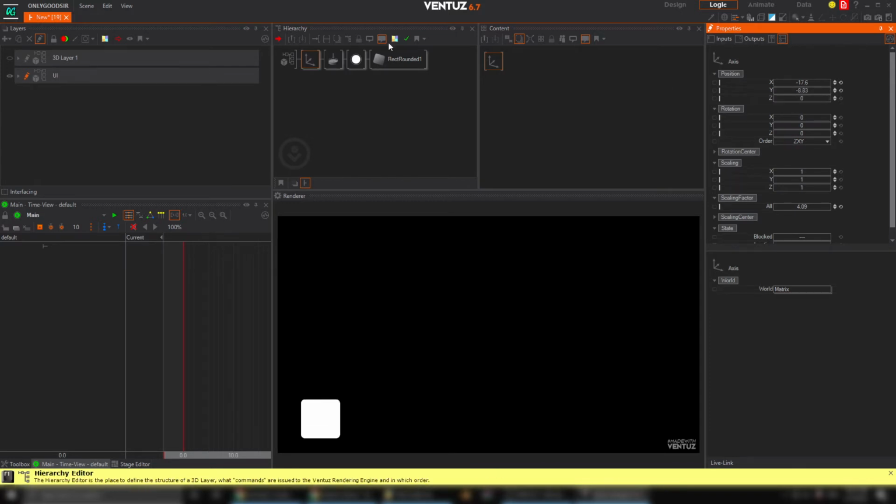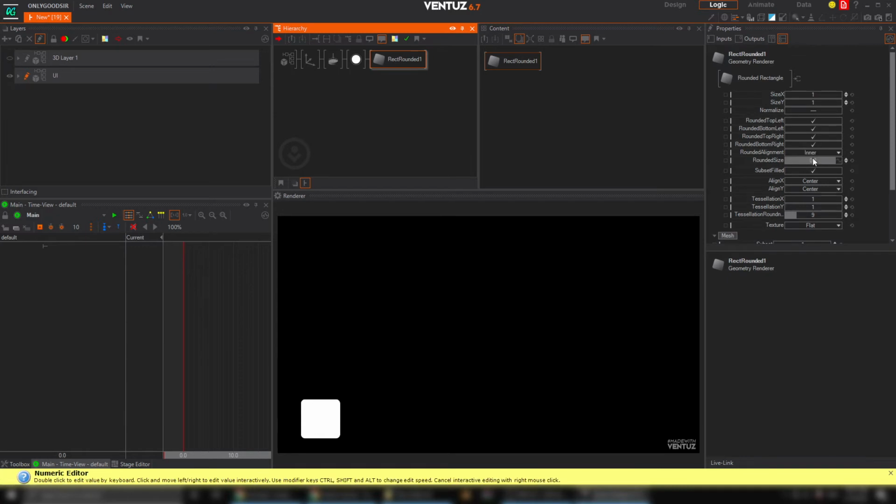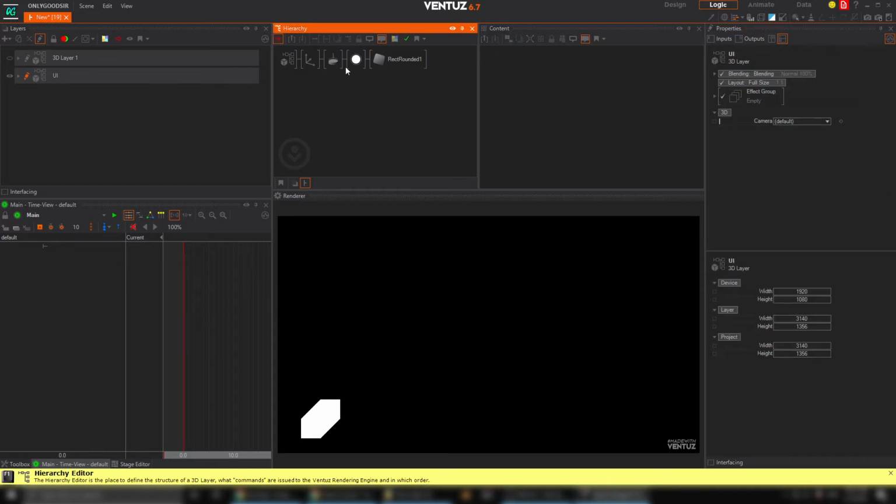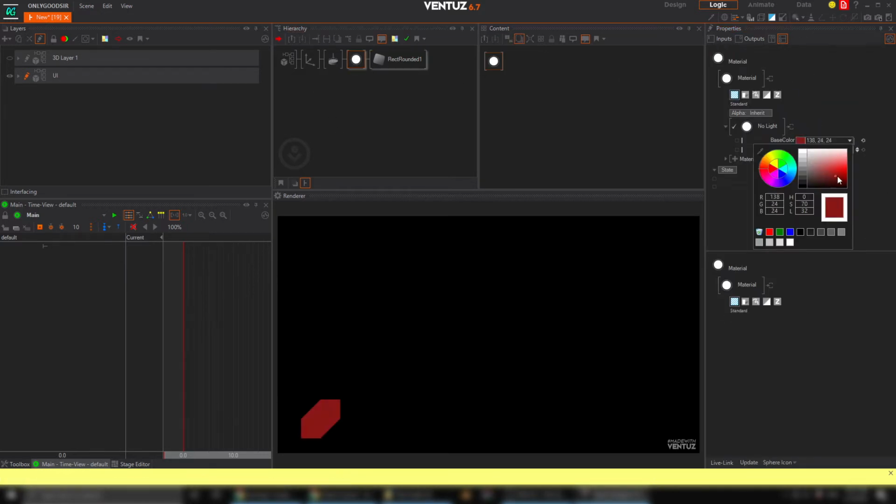Nothing fancy, to be honest. You know, you can change the roundness, you can make it a circle into a square, whatever you want. Turn those sides off, or make a fancy button, reduce that tessellation, whatever you want. Anyway, so say we've got a button, that's our button, button 1 or whatever,